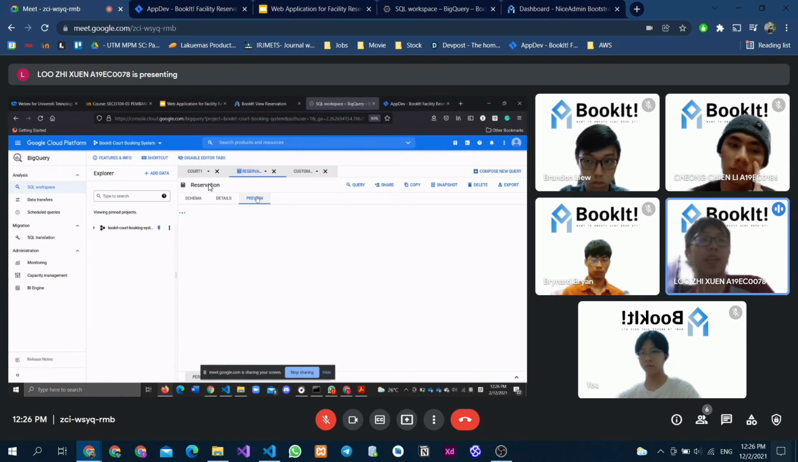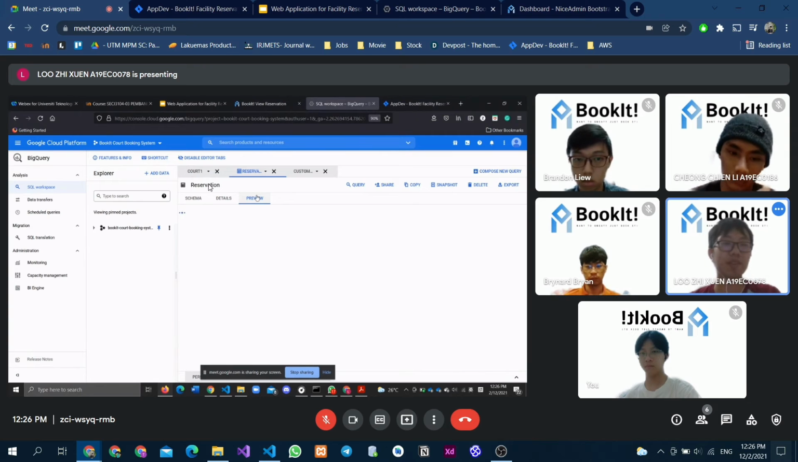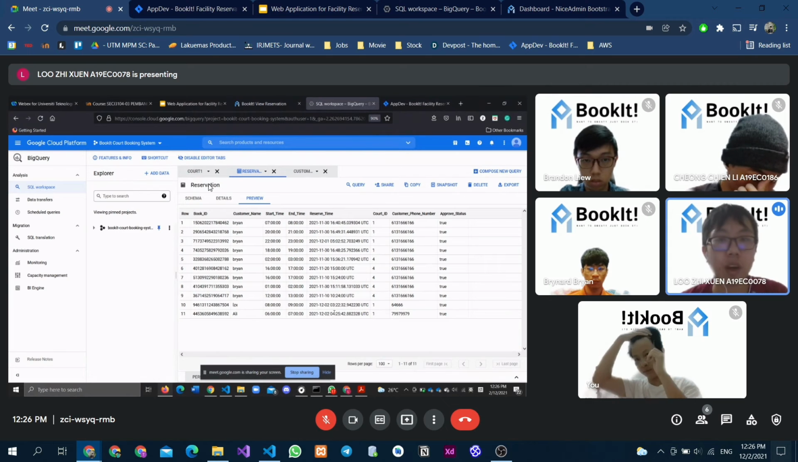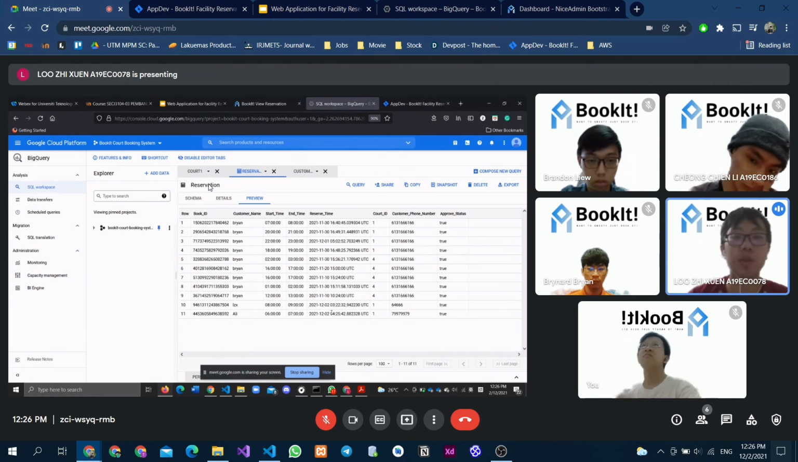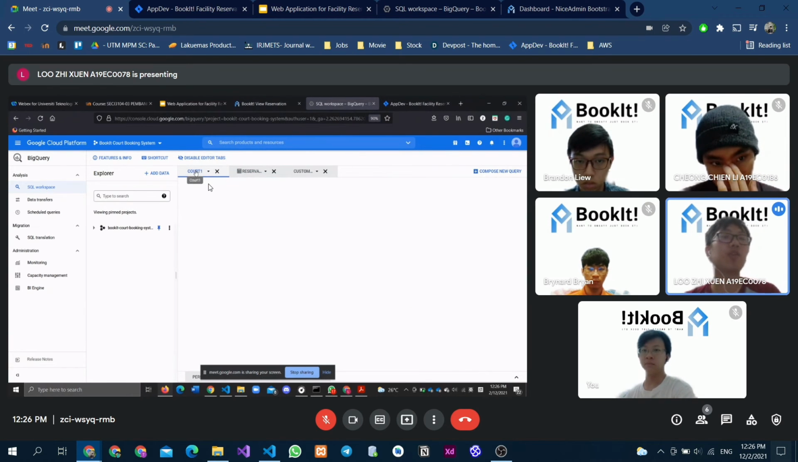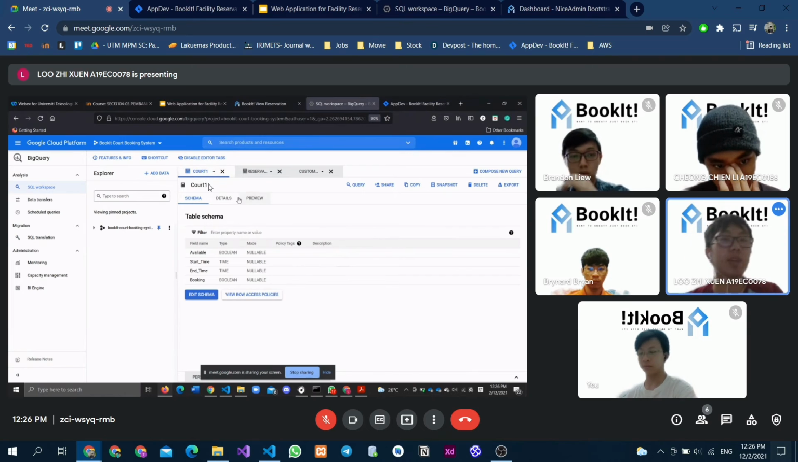just wait for a minute to load it. It will show me the latest record, which is the start time of 6 a.m., end time is 7 a.m. Now this is the time to reserve the court, and the phone number, court ID, and the approved status. So when we go back to court one, which stores the record of court one,